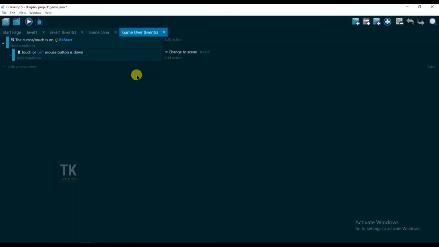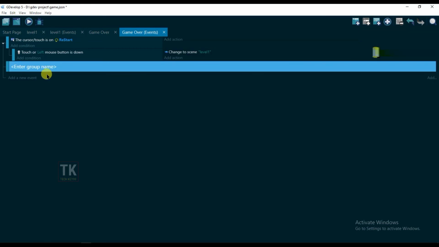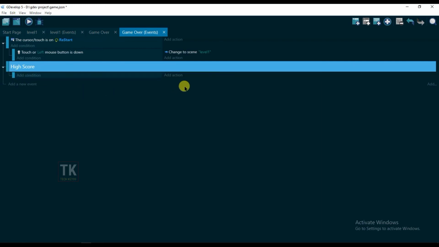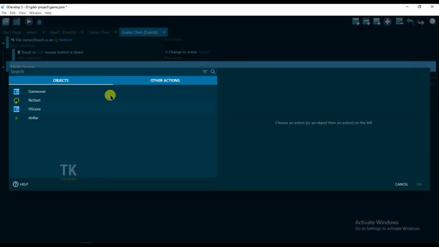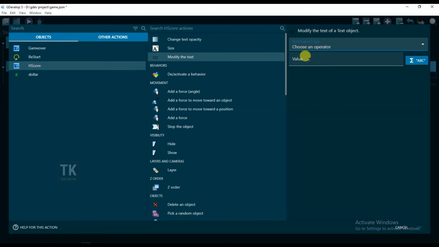Now go to events, click on plus icon, groups, type here high score. Okay, click on add a new event and drag this here, add action, h score, modify the text equal to